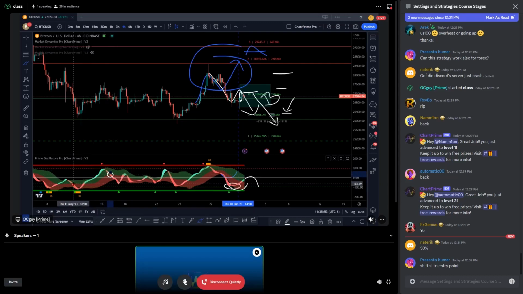So for example, let's take a look at it here. The same exact thing happening. So going down, right? Going down, flip of the ribbon, right? Flip of the ribbon, like here. Moving up in off support. So moving up off the breaker block that we had in there, right? And getting close to the 0 line. Again, look at that, getting at the 0 line right now, making a little bit of that range.